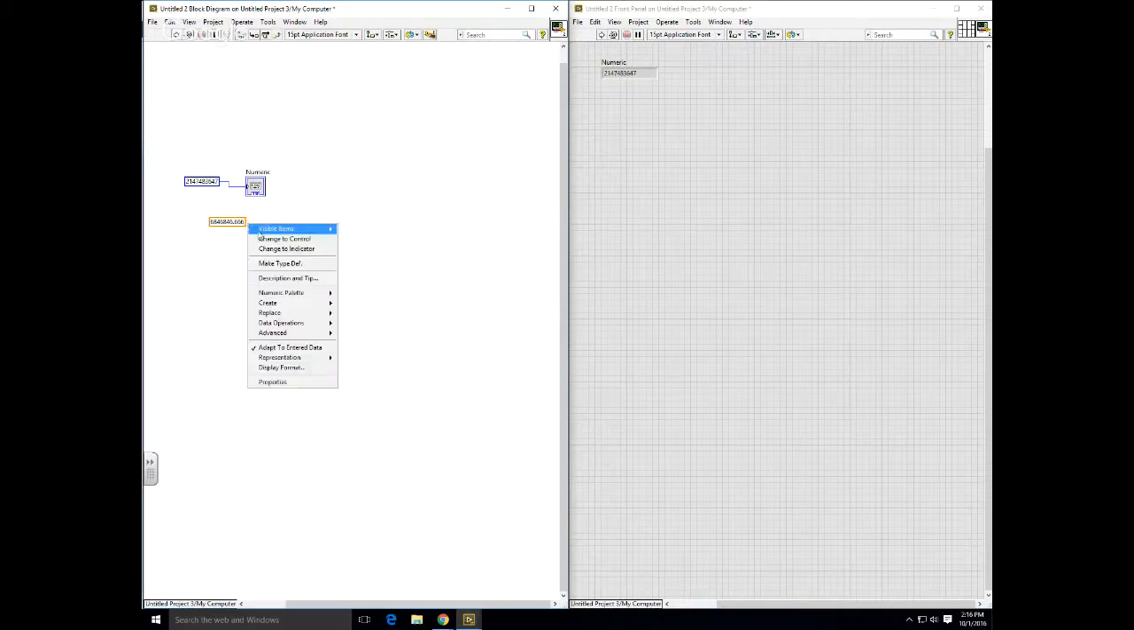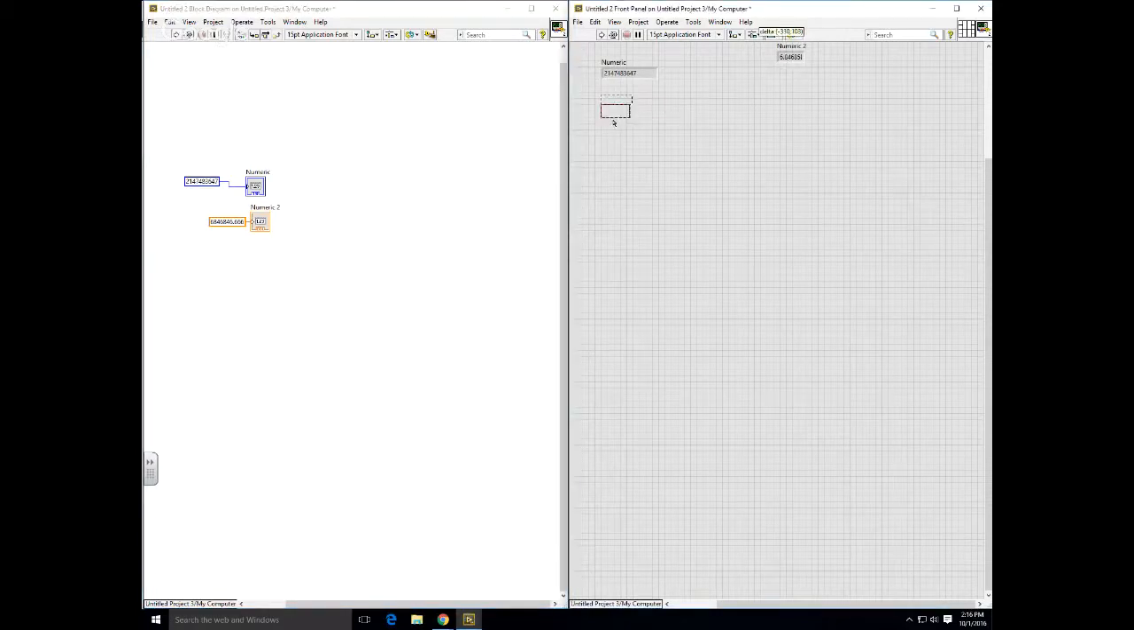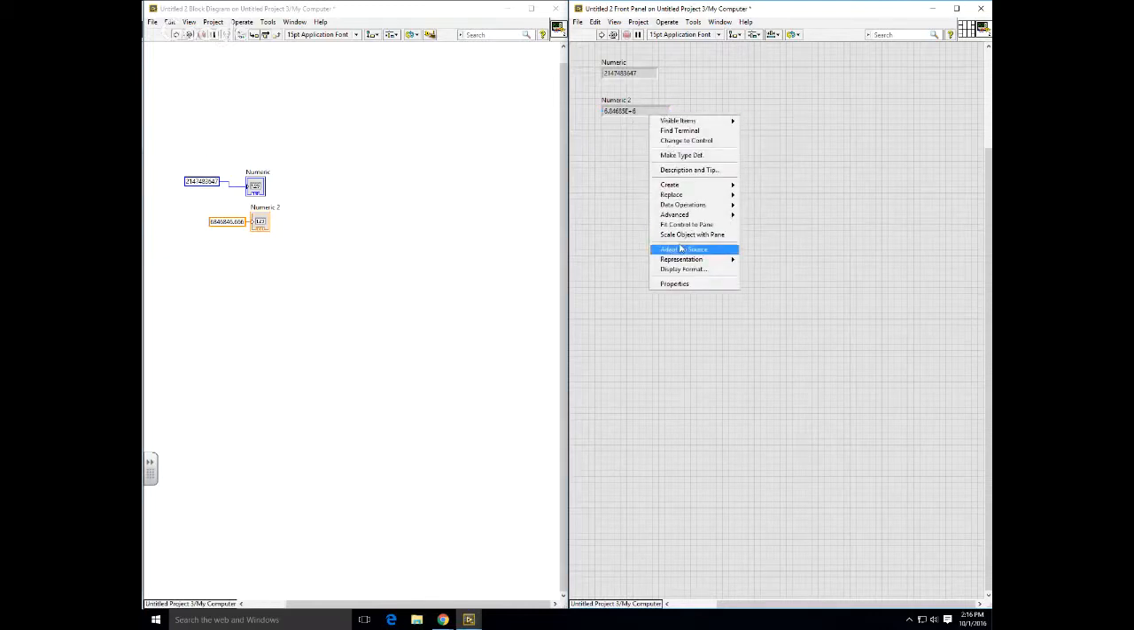So then we're going to right-click over here, and we're going to create an indicator for this guy also. And as you can see, part of his back end is cut off, so we're going to stretch it out so we can see more of his value. Now this automatically put it into scientific notation for us because LabVIEW thinks that we're smart enough to understand this. So what we're going to do is right-click on the numeric. We're going to go to display format,